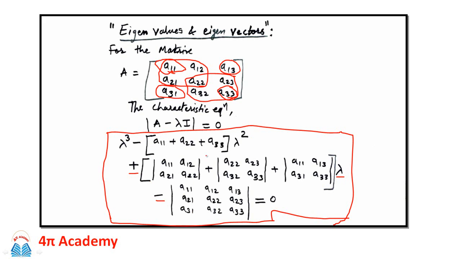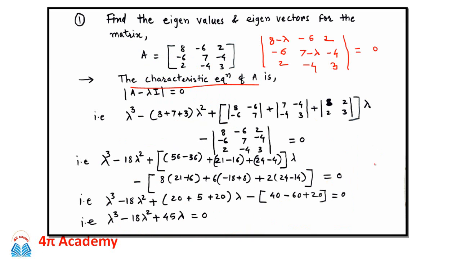If you just substitute the values of any given matrix into this characteristic equation, then every time you will get the correct answer without confusion. You just have to note that the sign of the lambda cube term is plus, the sign of the lambda square term is minus, the sign of the lambda term is plus, and the sign of the determinant of A is minus, and it is equal to 0. If you remember this formula, it will be very easy to find the characteristic equation.